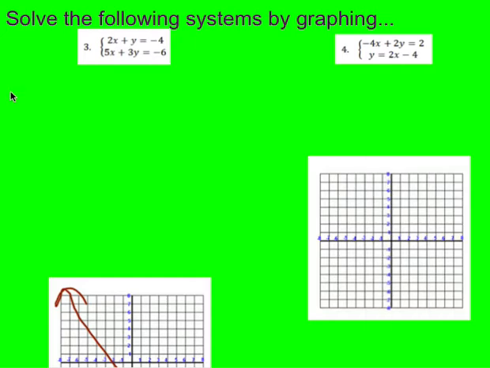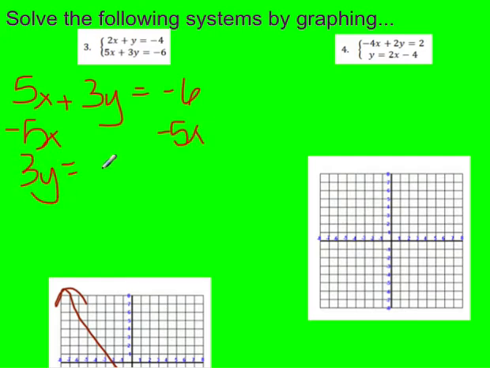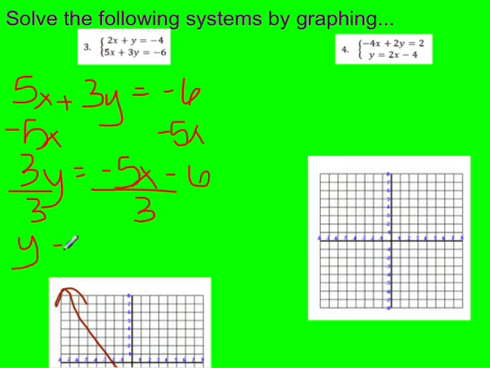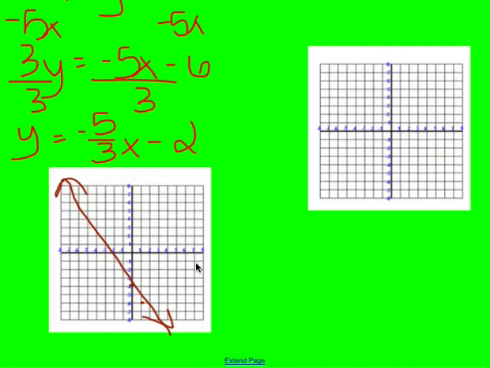All right, so we're going to have 5x plus 3y is equal to negative 6. So first thing I want to do is get that 5x over to the other side. Again, it's positive, so I'm subtracting 5x from both sides. So then I get 3y is equal to negative 5x minus 6. So then I'm going to divide by 3 on both sides, and then y is equal to negative 5/3 x. 6 divided by 3 is negative 2. So we're crossing the y-axis at negative 2 here, and then we're going